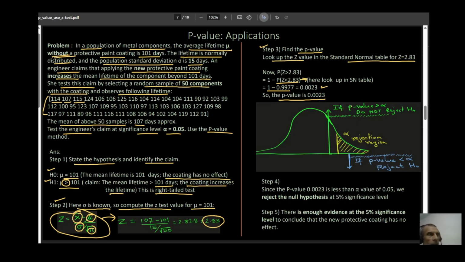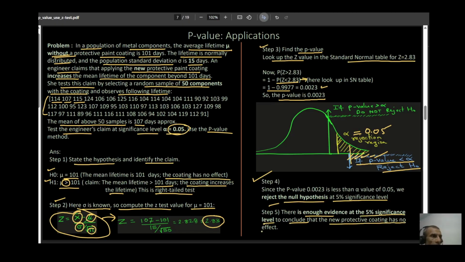So in this case, my alpha was right here given to you as 0.05. So my alpha is 0.05 and my p-value is 0.0023, which is very tiny. So it's falling somewhere in this region right here. So in this case, my p-value is smaller than alpha. So you reject your H0. Okay, so this is what I'm doing in step 4. You're rejecting your null hypothesis at 5% significance level. Now you summarize, step 5. There is enough evidence at the 5% significance level to conclude that the new coating has